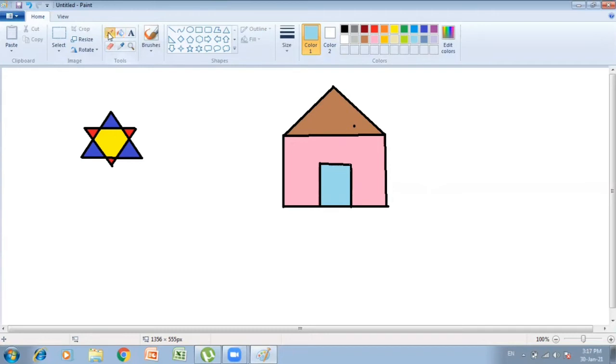Okay children. Now next is the pencil tool. In the pencil tool, you can draw freehand drawings. Now these two drawings were done with the help of the shapes tool. You selected the line tool. Now how can you draw freehand drawings? I have selected only the pencil. I will not use any other tool to draw. Okay, so first let us select the black color. Now I'll try to draw with the help of my mouse only. I will move my mouse, I will drag it, and then I try to draw a flower.